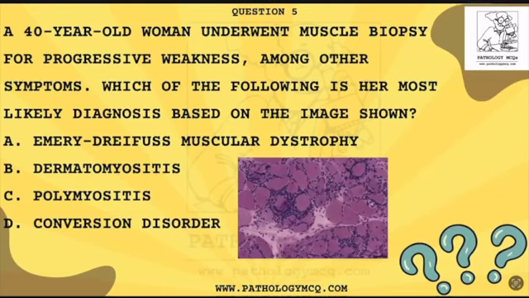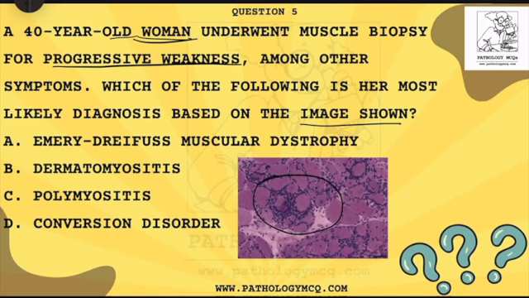Now let's move on to the fifth question. A 40-year-old woman underwent muscle biopsy for progressive weakness. Which of the following is the most likely diagnosis based on the image shown? Let us just concentrate on the image for a moment. So, muscle biopsy, in between